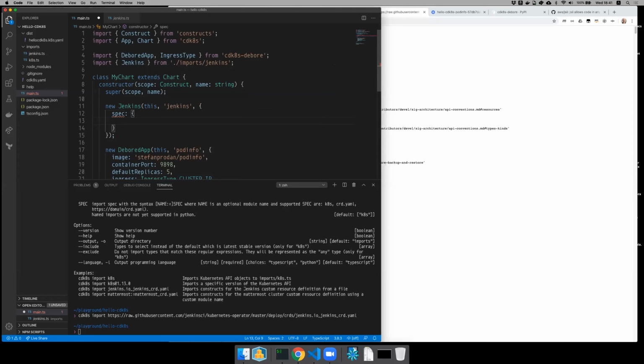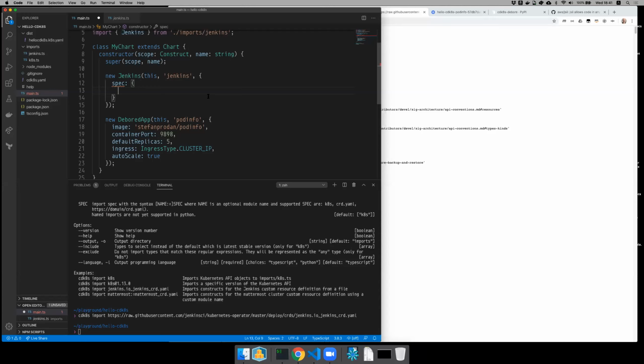And this works in both supported languages. It works in TypeScript, it works in Python. We will also support the rest of the programming languages that we support. But as I said, this is the base layer. These are what we sometimes call in the CDK world L1s, layer 1 constructs, because they map one-to-one to the configuration space. In our case, those Kubernetes APIs map one-to-one with the Kubernetes resources, and the CRDs map one-to-one with the CRDs.